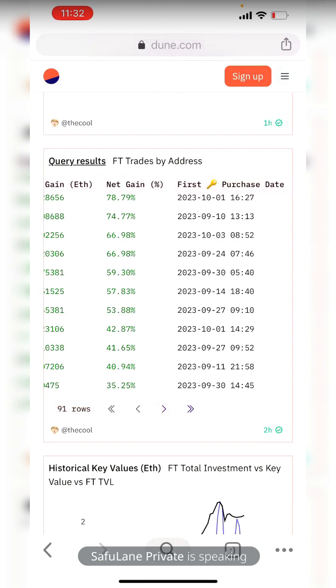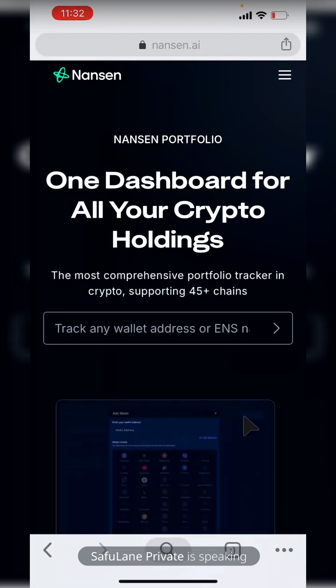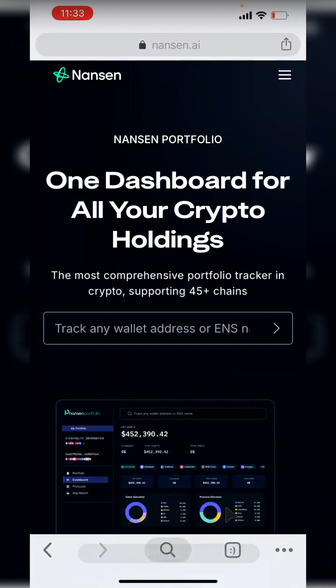That is very important. I'm not going to dive into what we are going to be using Nansen for tonight. But the main thing we use Nansen for is to analyze